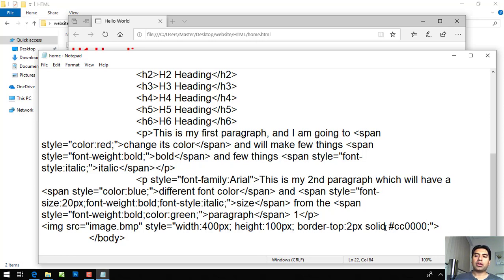So on. I'm going to add another border. I'm going to do a bottom one, but with a different color. So if I go border bottom, 2 pixel solid, and if I do green color,